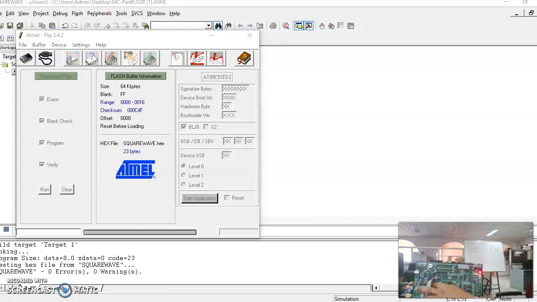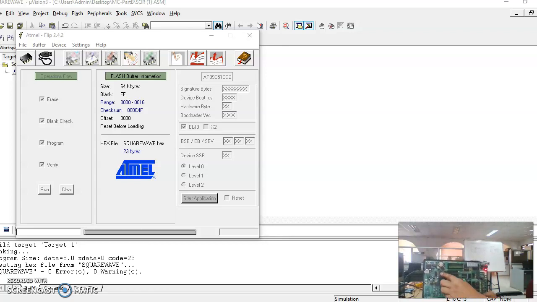We short these two, port 0 and CN15, using an FRC cable. This is for the DAC. For generation of square wave, triangular wave, sine wave or sawtooth waveform, this connection remains the same. Whatever output we get from port 0 will be connected to the DAC input through this CN15 connector.